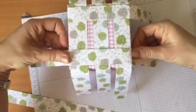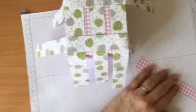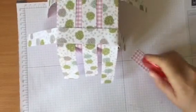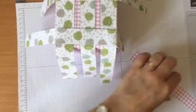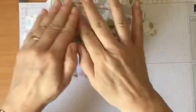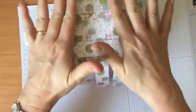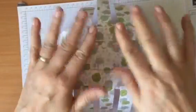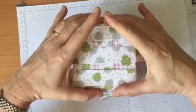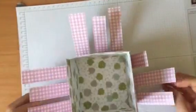Let's put that down there like that. And the last one. There you go. So pretty, isn't it? Now you can put a piece of 4x4 designer series paper on there just to cover the bottom of your box if you wish to, but that's entirely up to you. Or you could do a piece of Whisper White thicker card just to give it a bit more